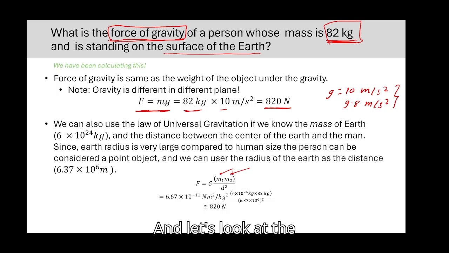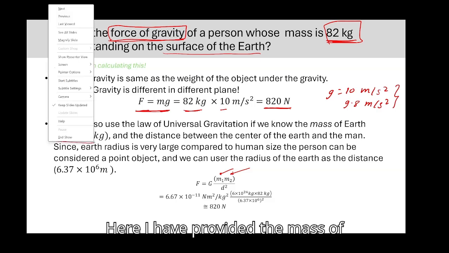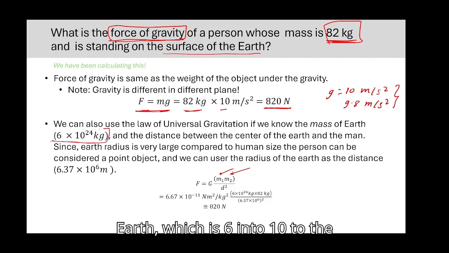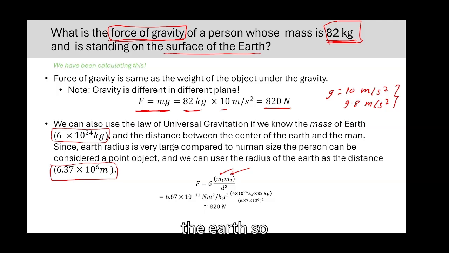Let's look at the calculation. Here I have provided the mass of Earth, which is 6 times 10 to the 24 kilograms, and also the radius of the Earth. So the distance is